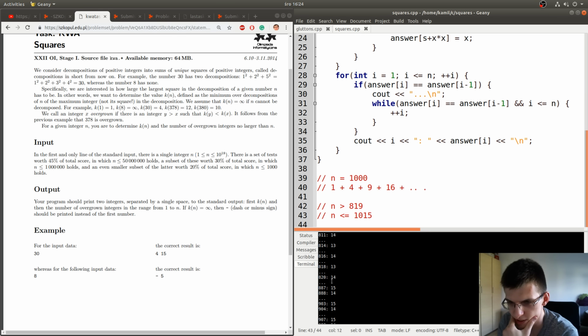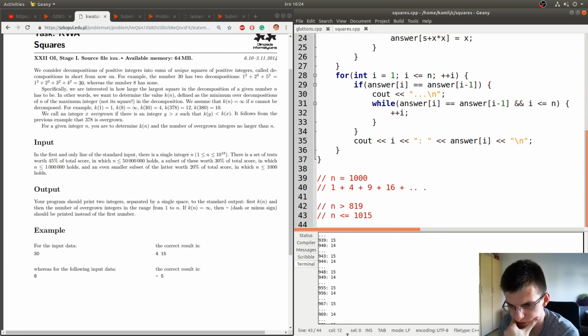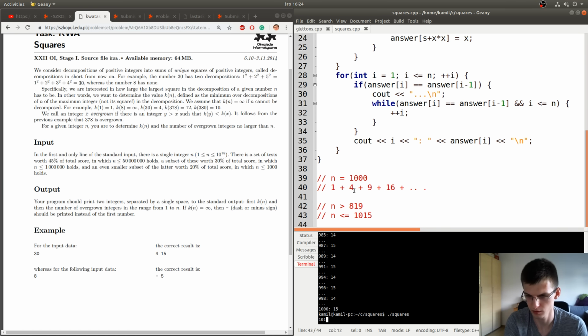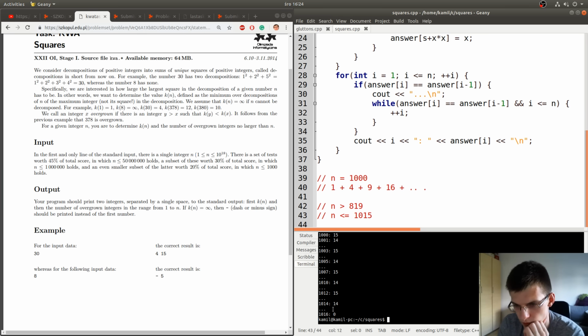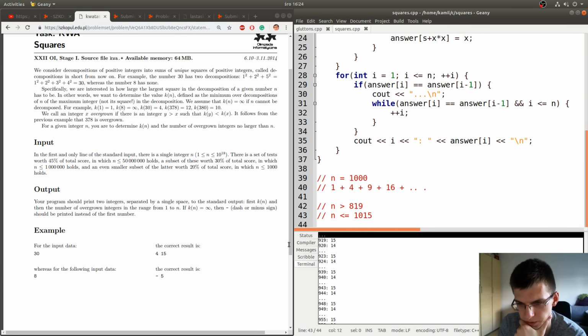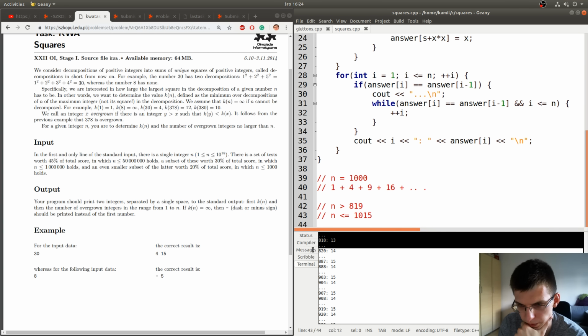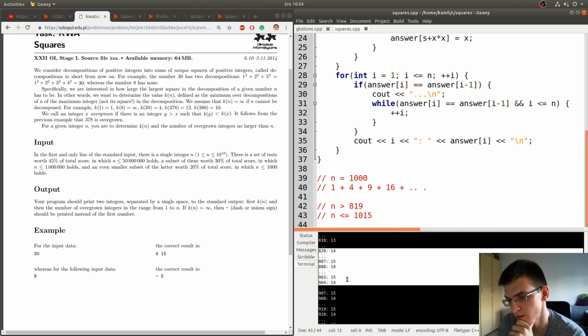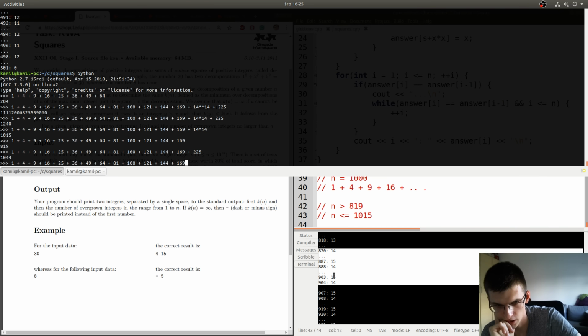So we see that in this interval, starting from this place up to 1015, the answer is indeed 14 or 15. So it's enough to check if the answer is 14, and if not, then it must be 15. How to check if the answer is 14 here?